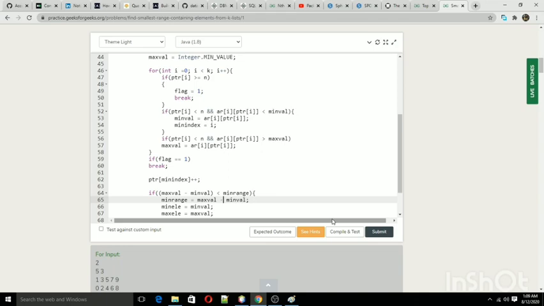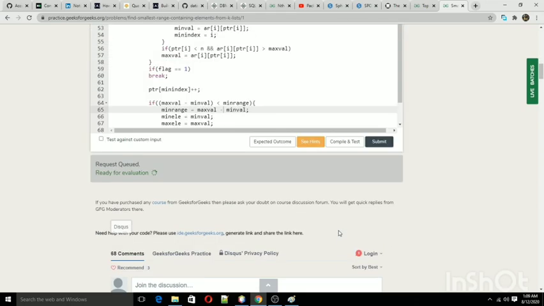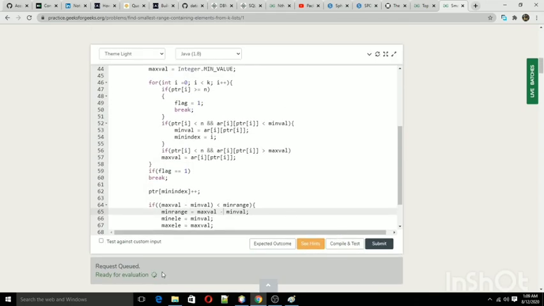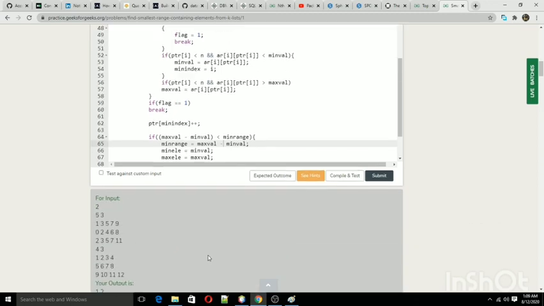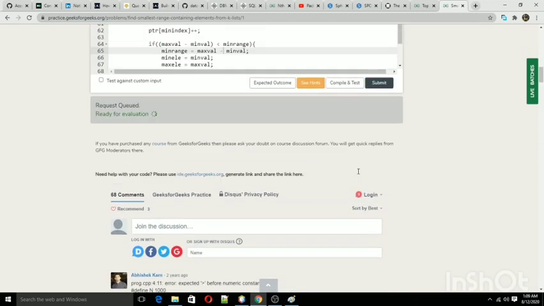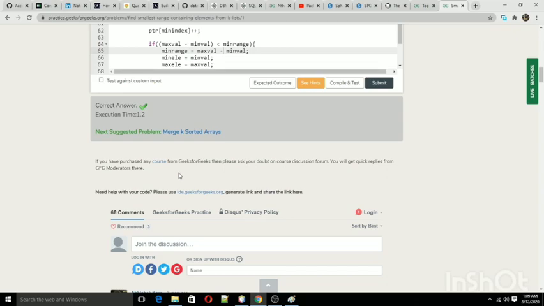It will be minus. So our all the test cases